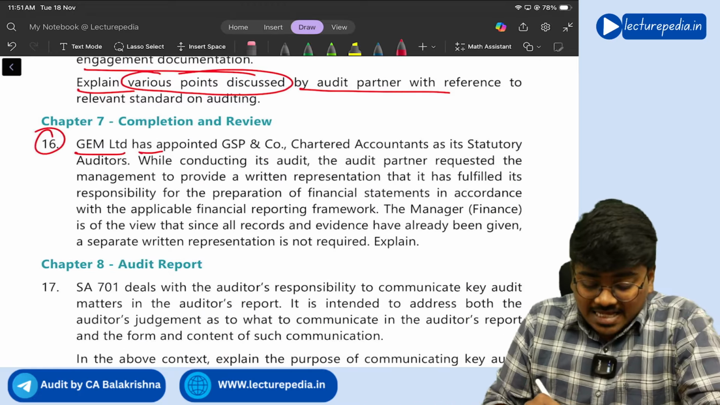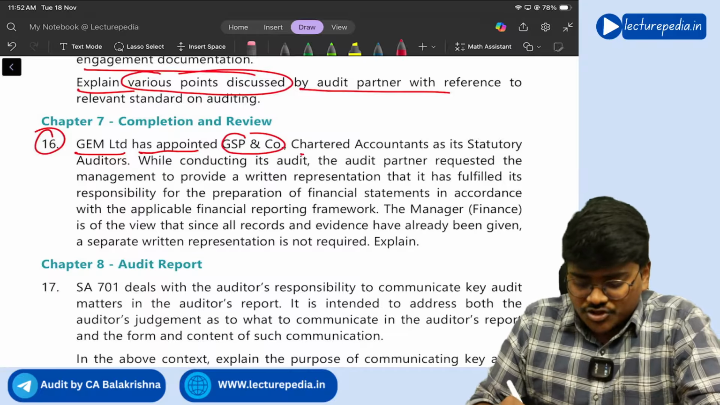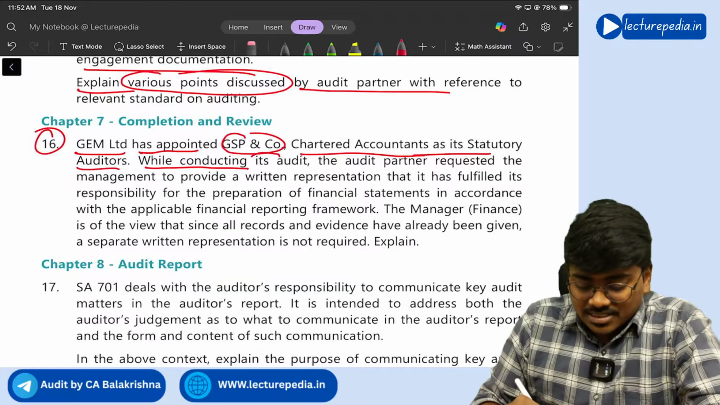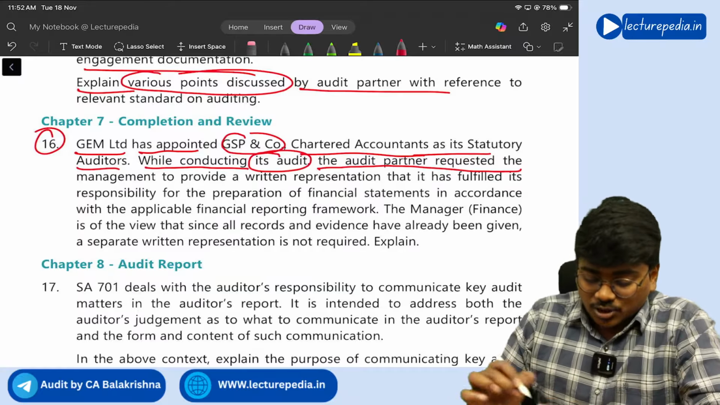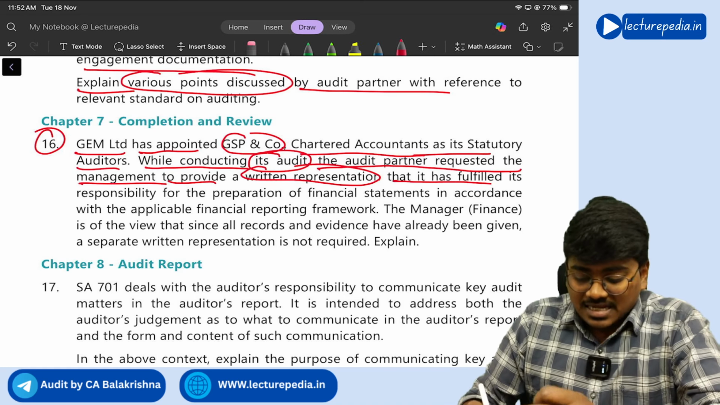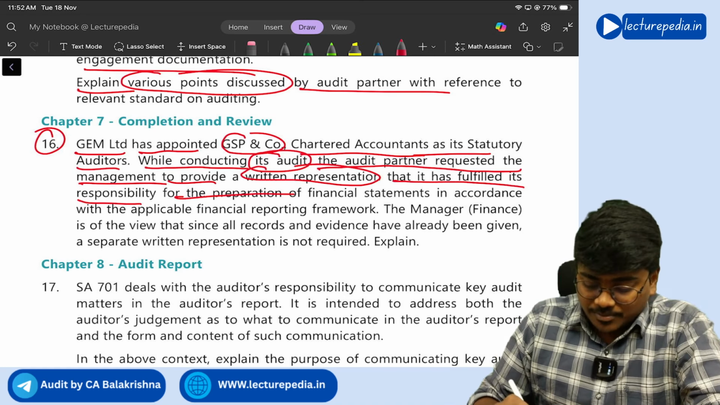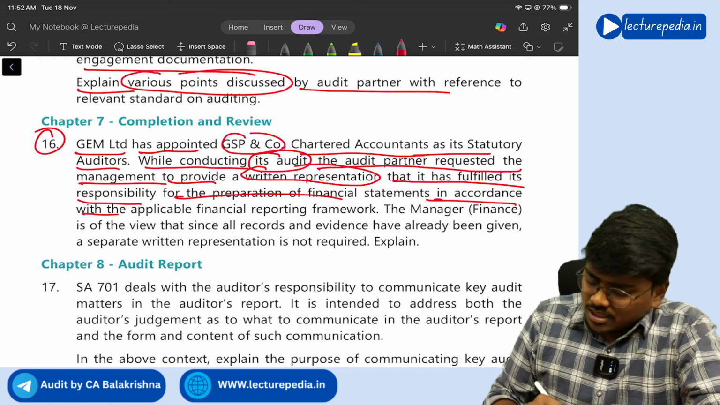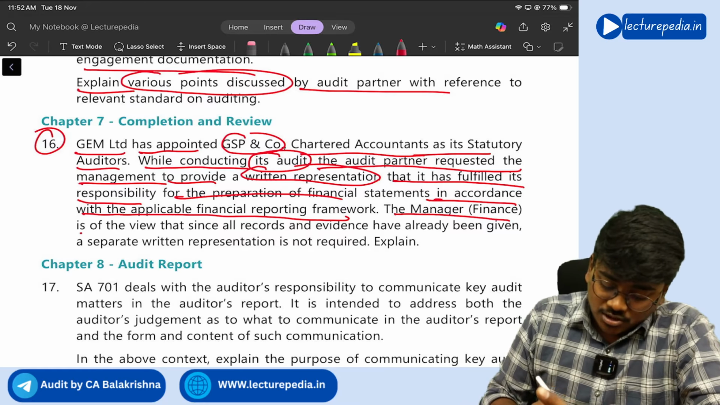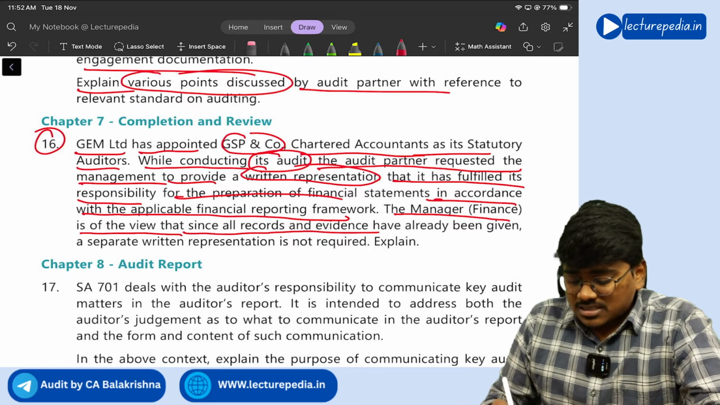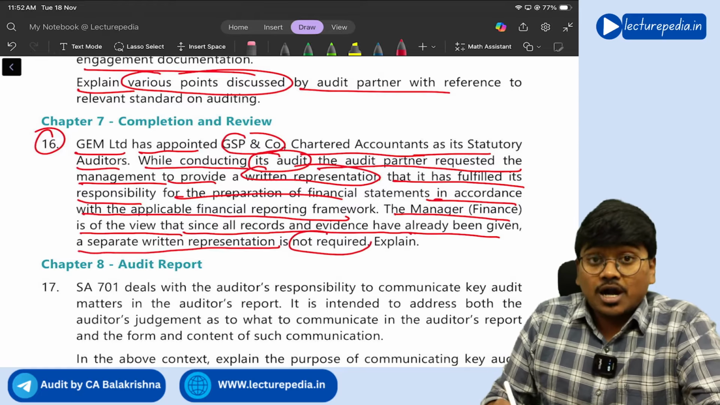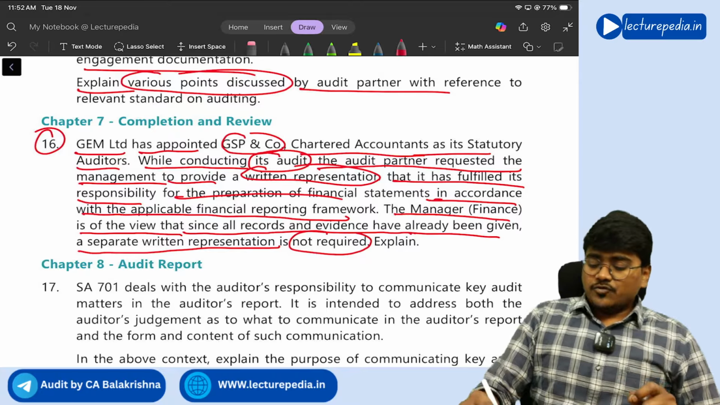GEM Limited has appointed GSP and Co. Chartered Accountants as its statutory auditors. While conducting its audit, the audit partner requested the management to provide a written representation that it has fulfilled its responsibility for the preparation of financial statements in accordance with the applicable financial reporting framework. Manager is of the view that since all records and evidence have already been given, a separate written representation is not required. See, here, if you see as per SA